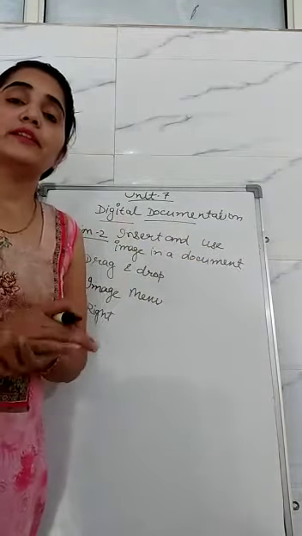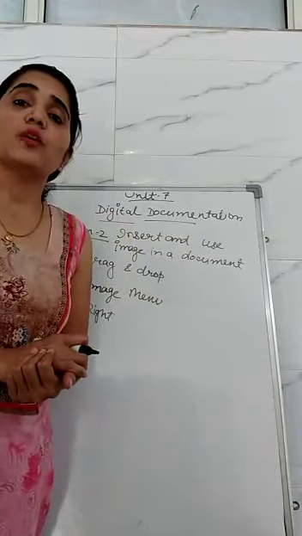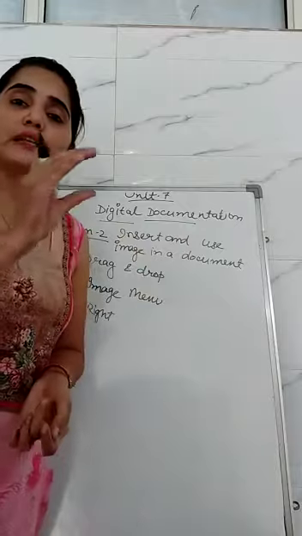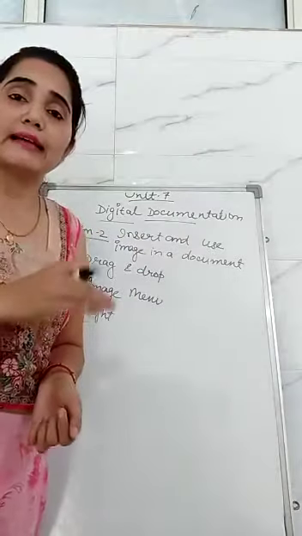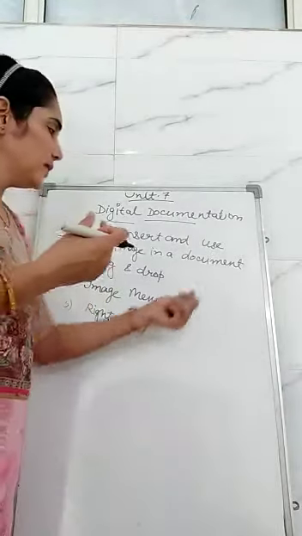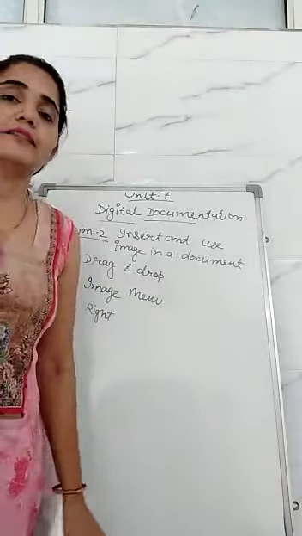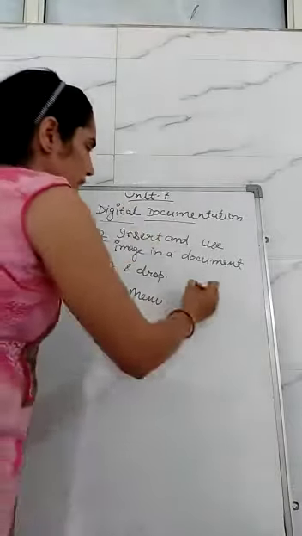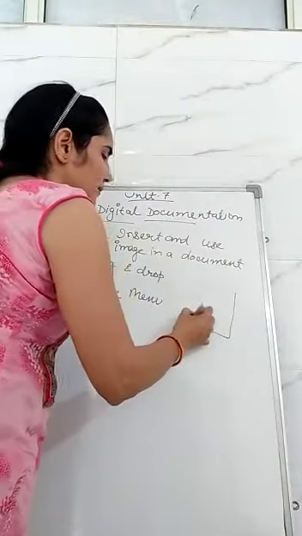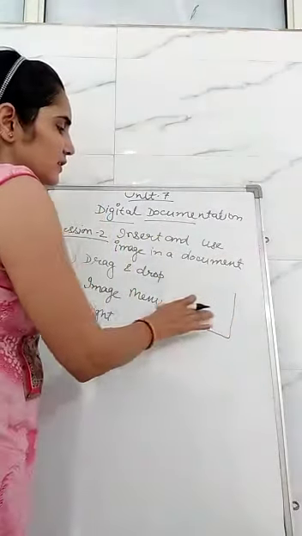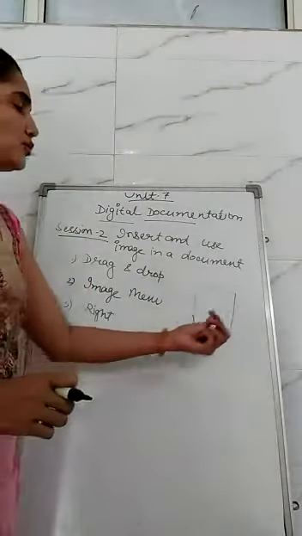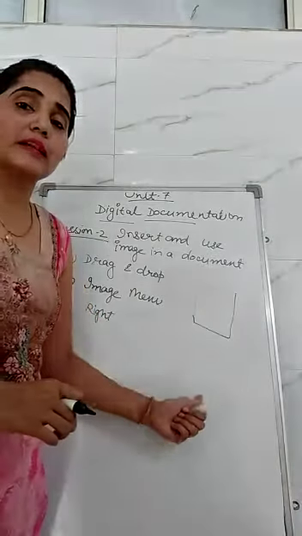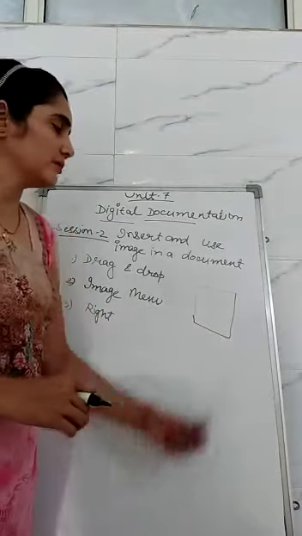Now the next topic is, after inserting the image, what kind of operations we can apply on the image. Means we want to delete some part of the image, we want to resize the image, we want to make a copy of the image, and these are called image operations. Suppose that this is one image and now I just need this part of the image. Then I'll use the crop option. And suppose I need a copy of the same image again. Then I'll copy and paste the image.